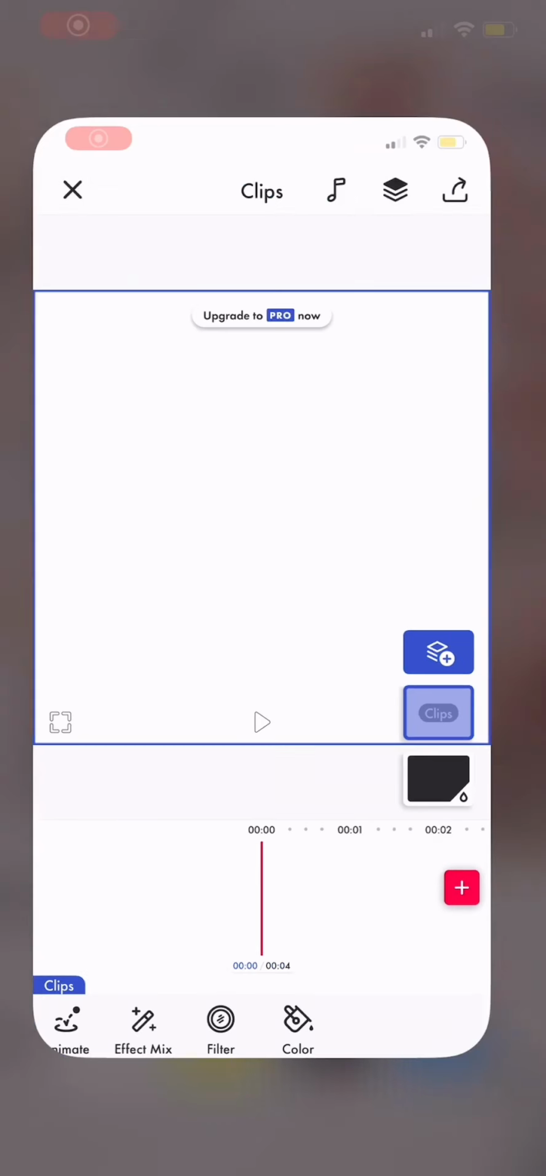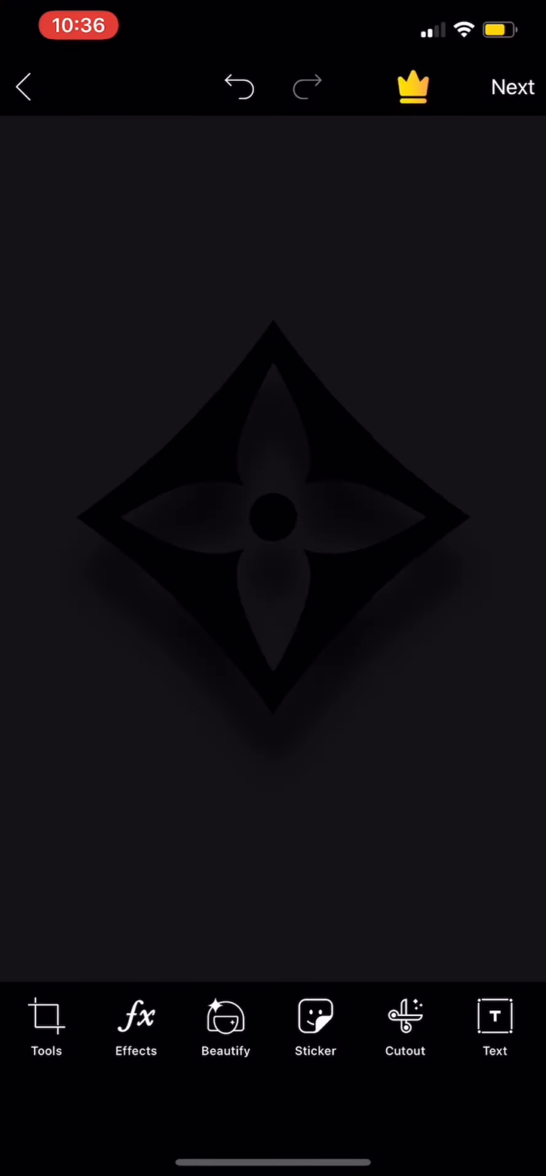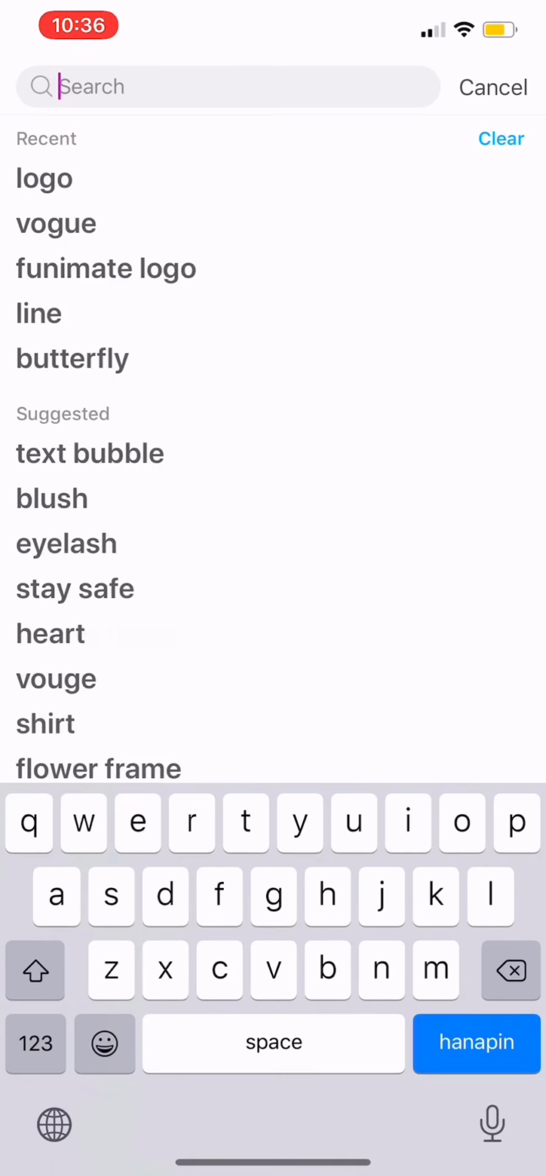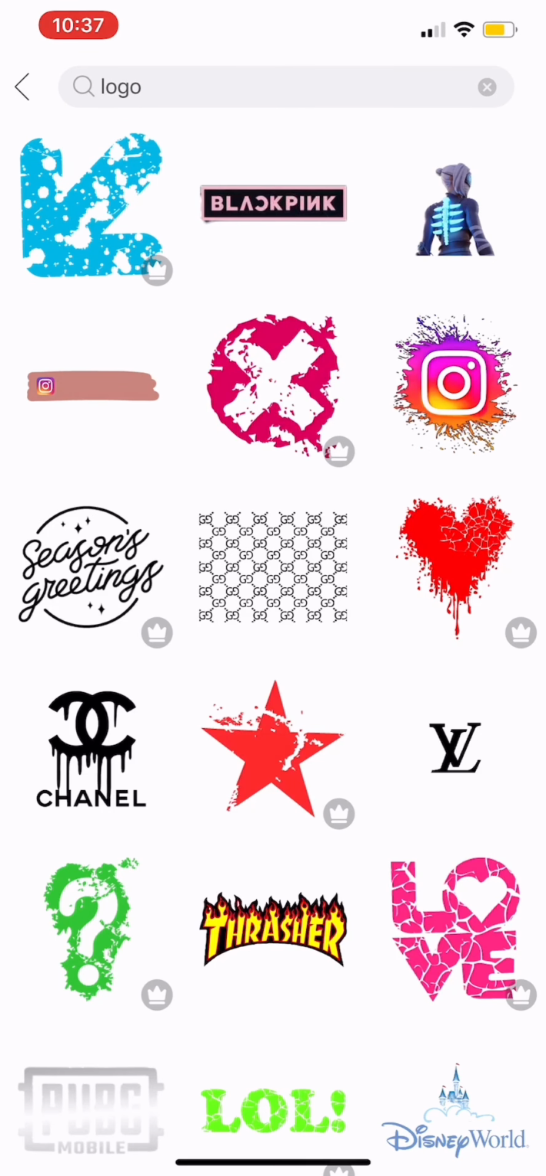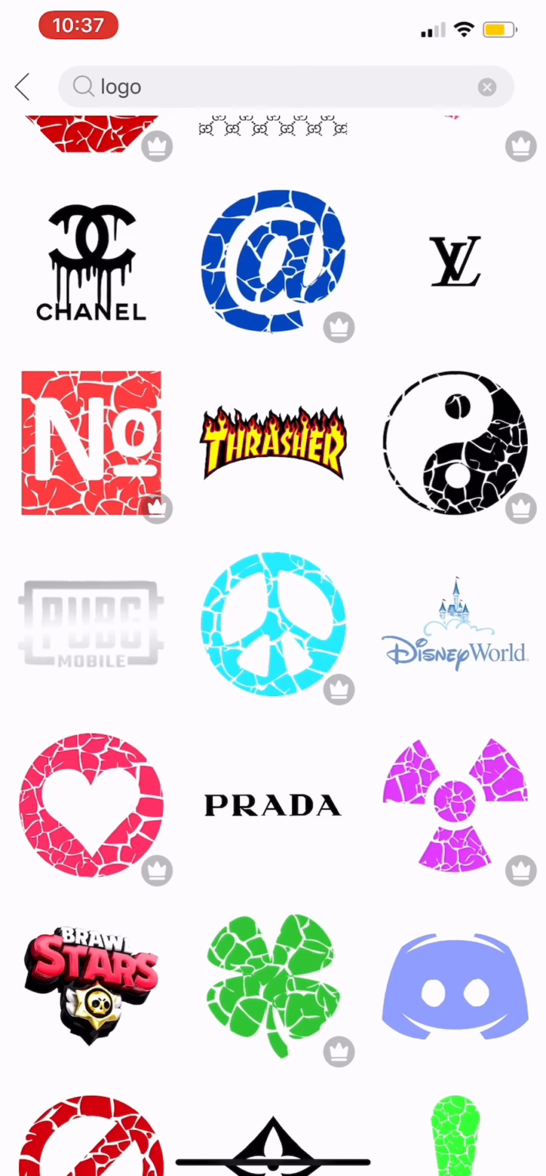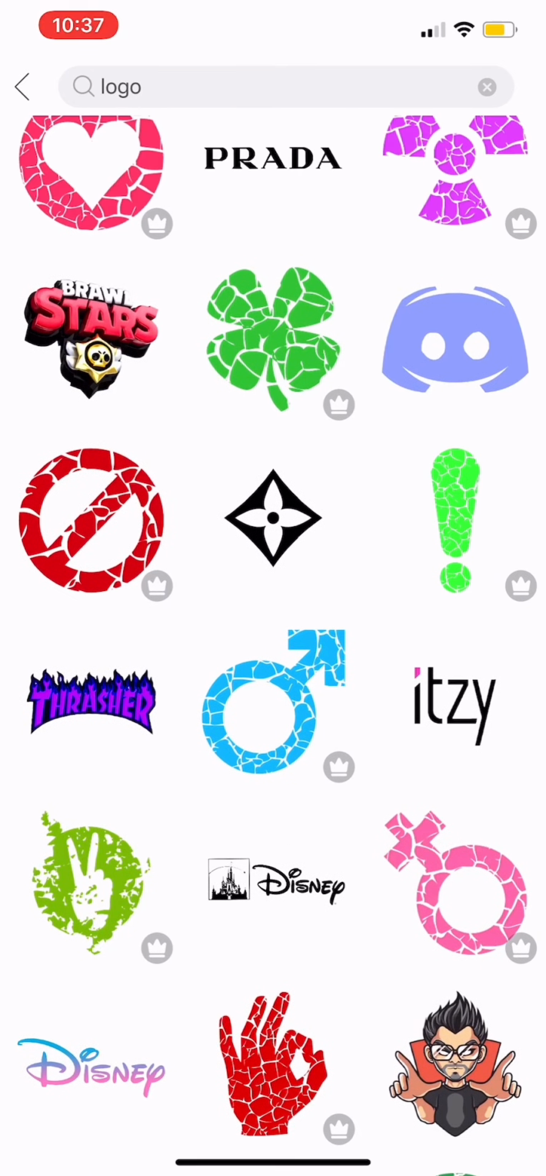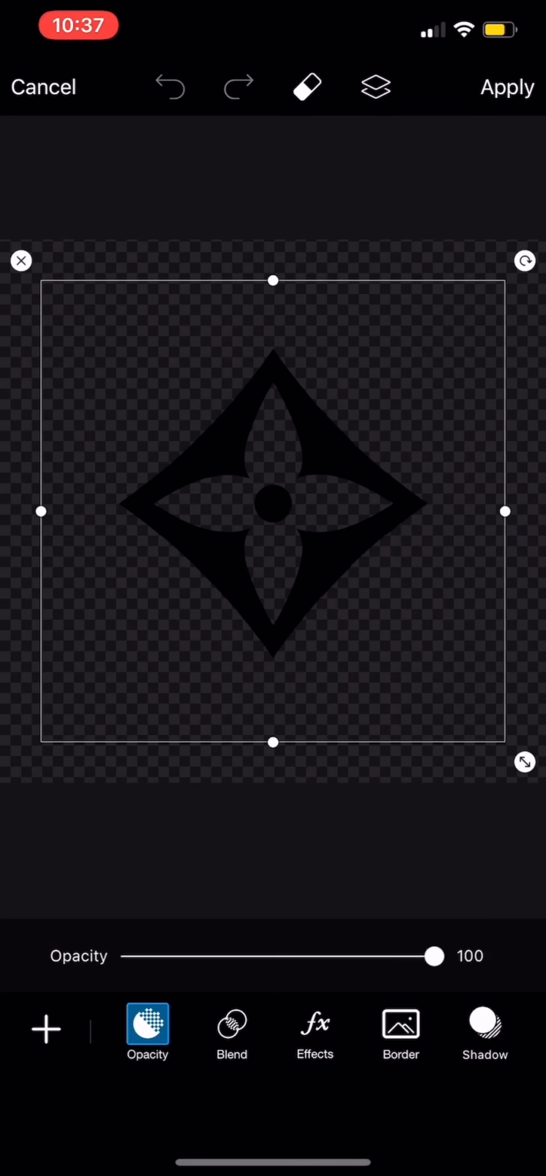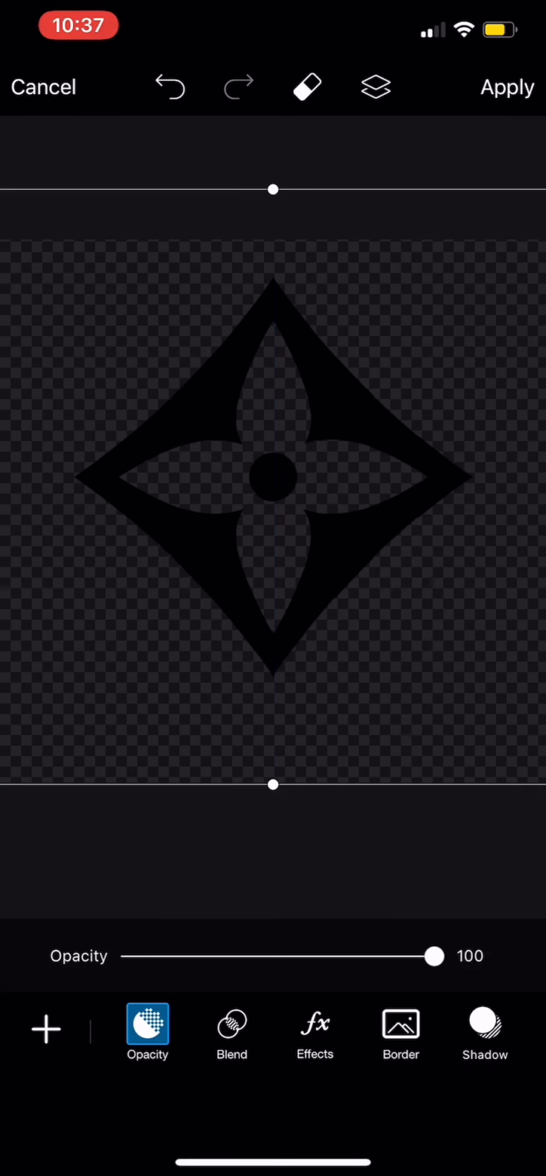And again, before we start, we are going back to PixArt. So when you get to this part, pick a transparent background since we are going to be adding a sticker. When you're on sticker, look up logo, and you should be able to find all these logos, and I found this Louis Vuitton logo. I'm going to add a shadow to this one to make it more pop in the